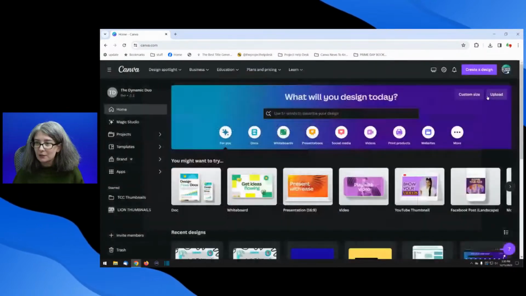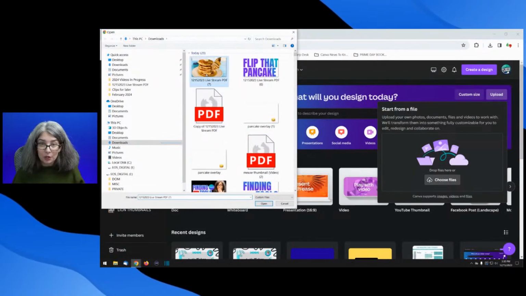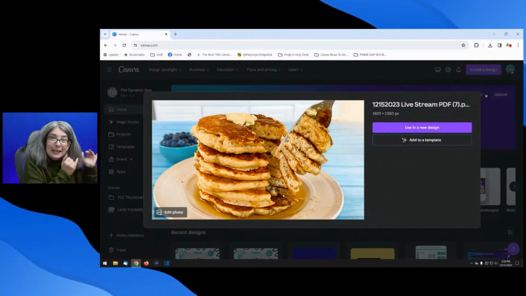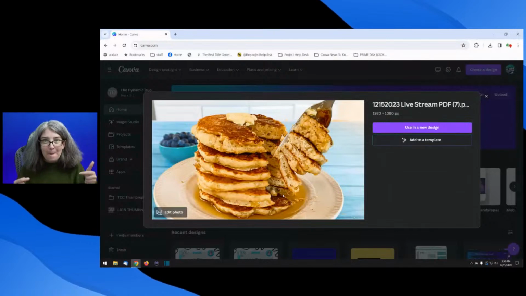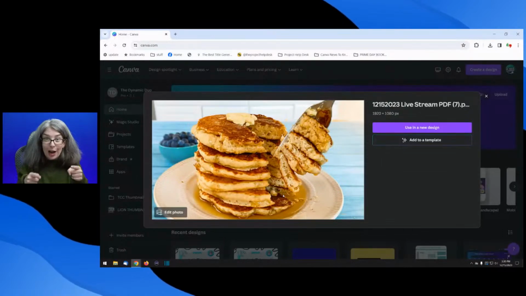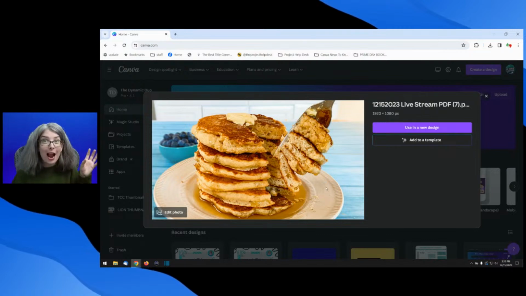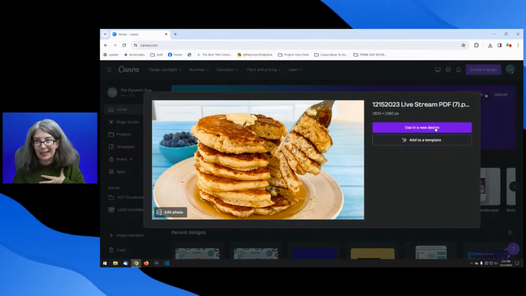So what we did was click upload. We chose our file, which for this case is a picture of the pancakes, and these are actually the pancakes that Snazzy Vegan Life made. And these are her actual pancakes that she made. This should be her actual thumbnail for the video. And so I'm hoping that it will be there.